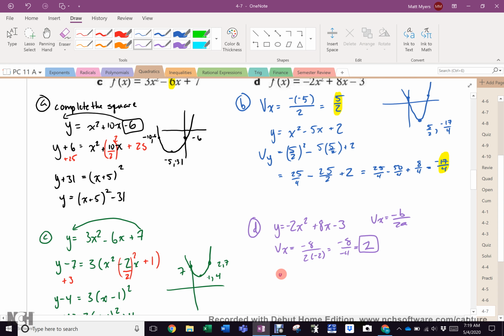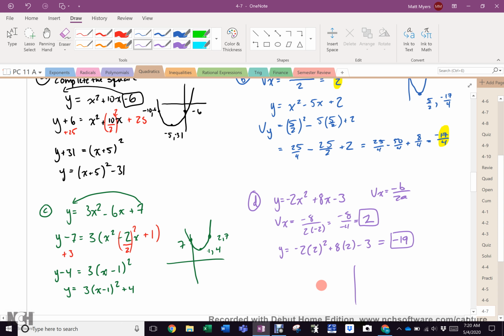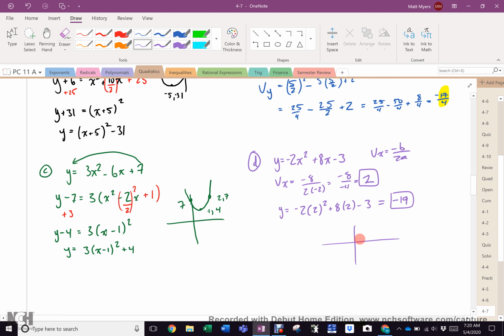Since it's an x value, we can go ahead and plug it back in. 2 squared plus 8 times 2 minus 3, which gets me 2 squared is 4 times negative 8 is negative 32, plus 16 is negative 16, minus 3 is negative 19. So there's my vertex y, and then I just graph it. My vertex is at 2, negative 19. And since it's a negative parabola, it's going